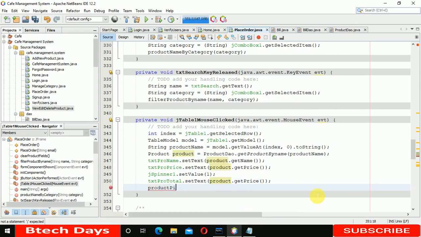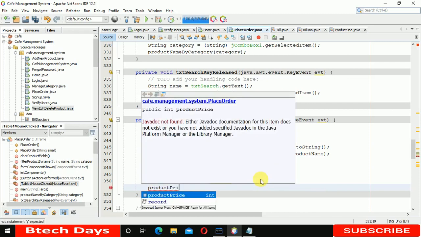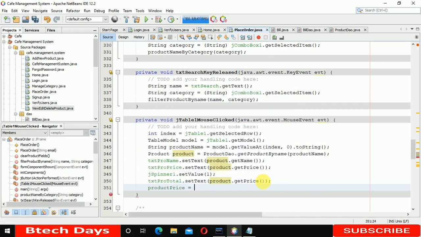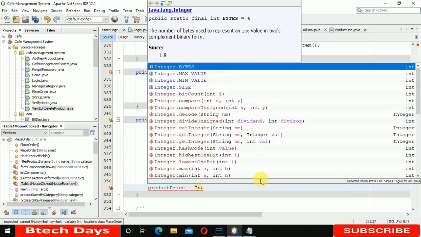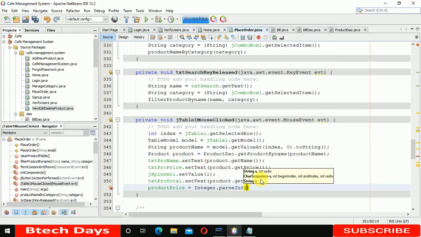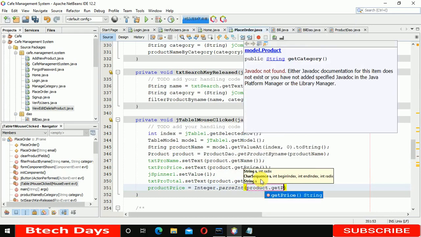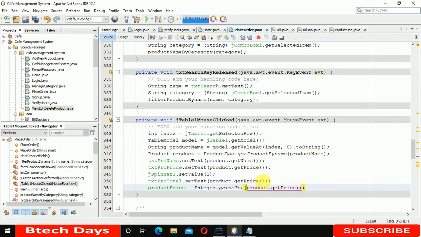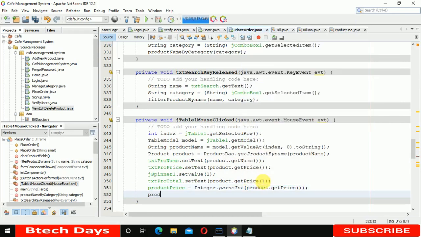Okay, after that product price, and we have created a global variable, so we are going to set the values in that. So product price equals to integer, we are converting, this is in the form of a string, so we are converting that with dot parse int, and in this we are going to write product dot get price, and after that we are also going to store in product dot total